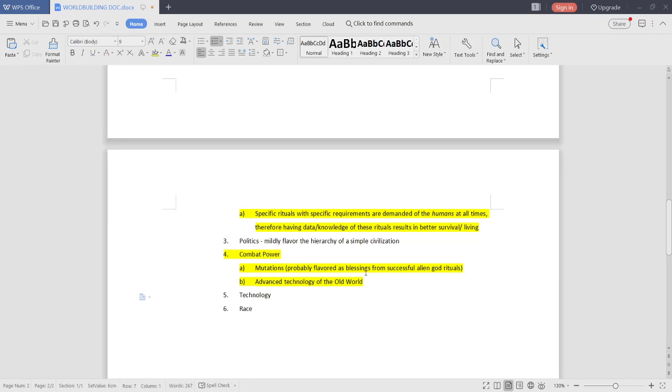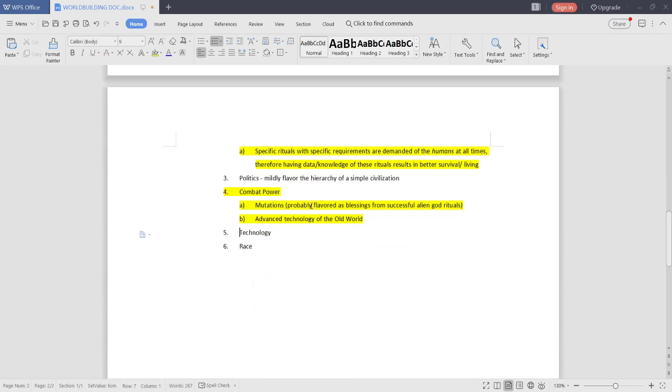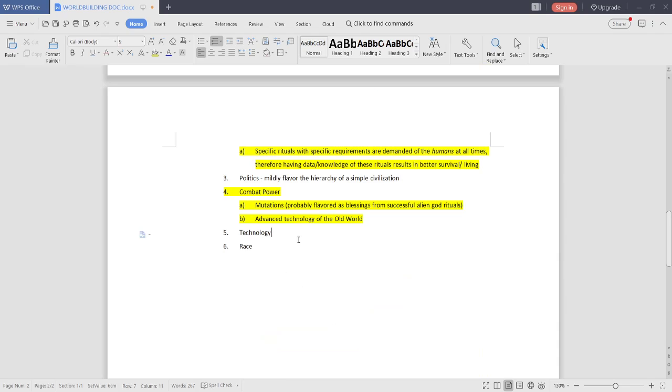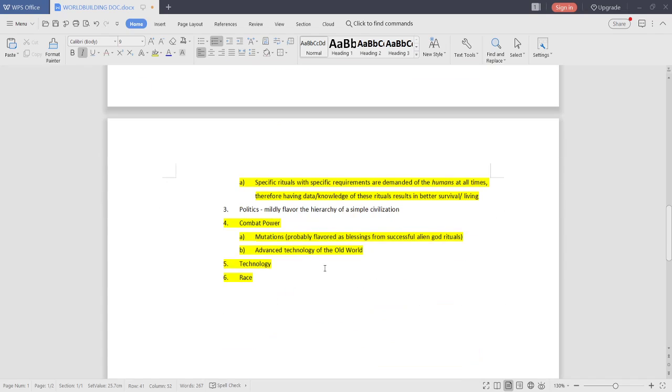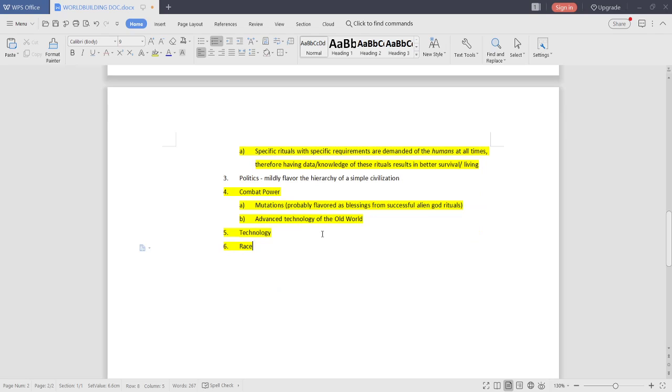It's just more of a tiny thing, I guess, so I don't want to detail that too much. Next is technology. Well, we have that advanced technology, but I haven't really specified the specifics, but for sure I'm going to have to include this. Race, well, I don't have to include this, because that's what I was talking about where I didn't want it to just be humans. Maybe I do, maybe I don't, but currently we want to brainstorm a whole bunch of these so that I have more options to weigh instead of juggling all the options in my head.